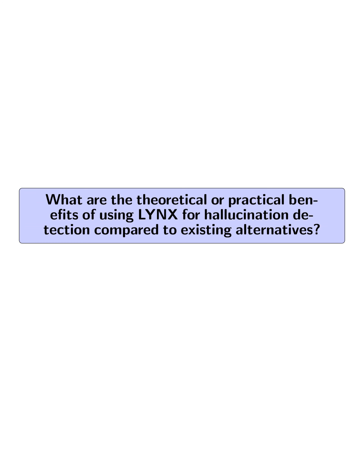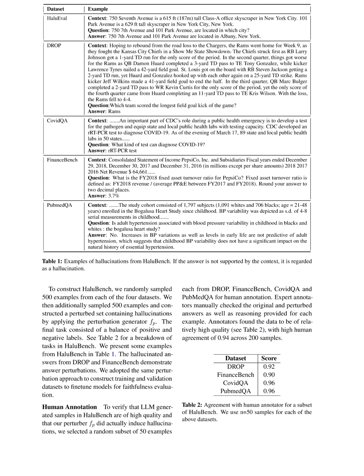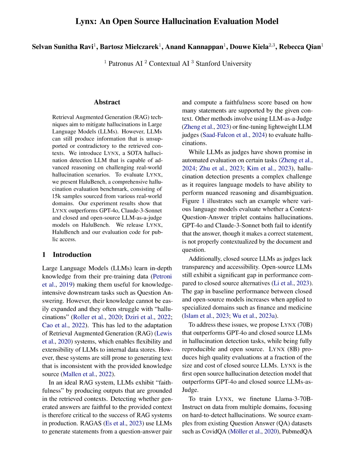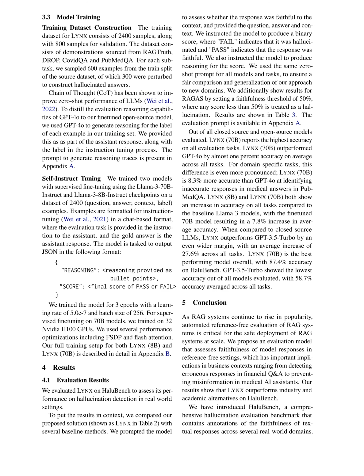What are the theoretical or practical benefits of using Lynx for hallucination detection compared to existing alternatives? The theoretical and practical benefits of using Lynx for hallucination detection compared to existing alternatives are significant. The paper highlights that Lynx 70B outperforms both GPT-4o and closed-source LLMs in hallucination detection tasks, demonstrating higher accuracy on all evaluation tasks. Lynx 70B shows an average increase in accuracy of almost 1% compared to GPT-4o across all tasks,